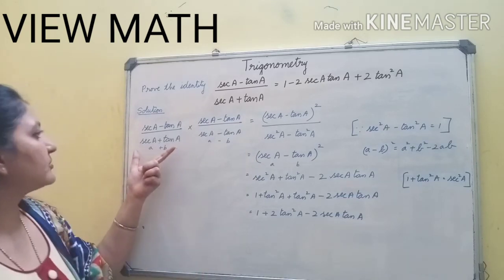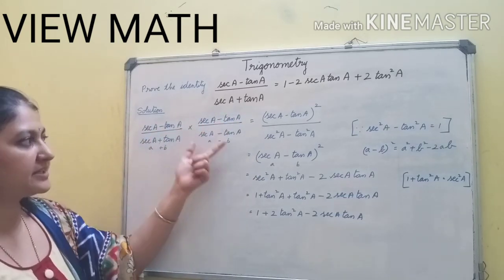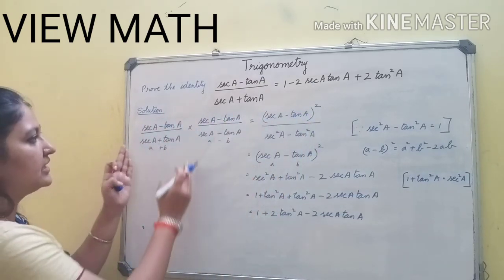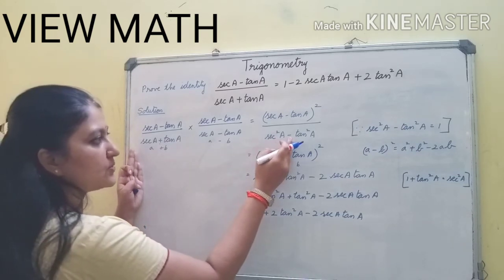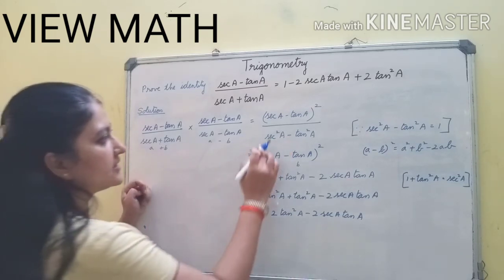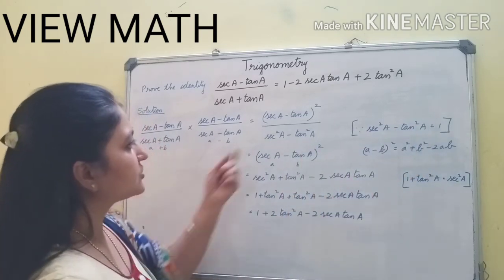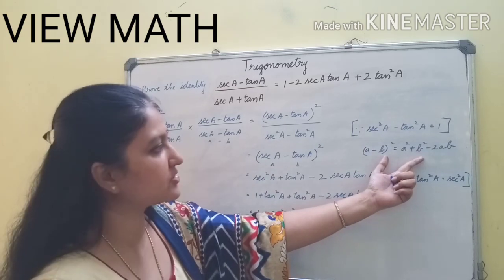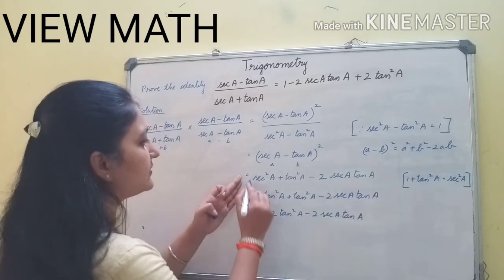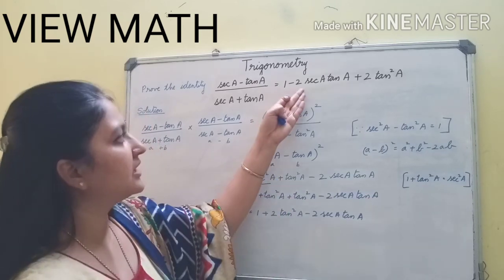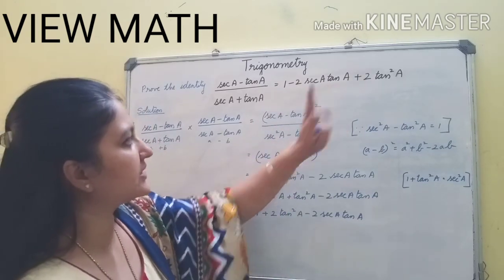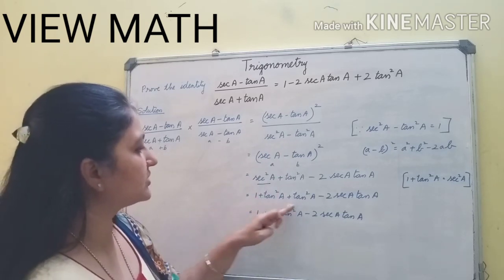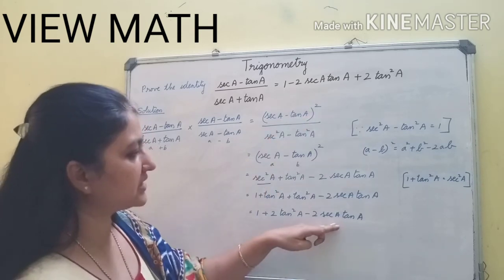Yes, now you can see 1, 2 tan square A is there, minus 2 secant A tan A is also there. So first, what I am doing, I have taken the left hand side, multiplying and dividing by its conjugate. Numerator I have combined, it is the whole square I am getting. Denominator is nothing but A square minus B square form I have written. Then the denominator is equal to 1, so the numerator alone I am getting. Numerator I am expanding using the formula A minus B the whole square. So after expanding, I can see one secant square A term is there, but what you have to prove is in terms of tan square A. So this term I am changing into 1 plus tan square A. Again, it is equal to 1 plus 2 times tan square A minus 2 secant A tan A.